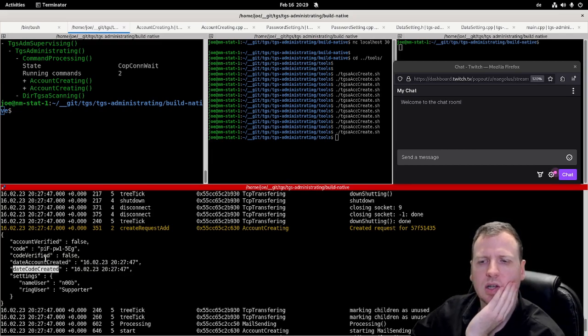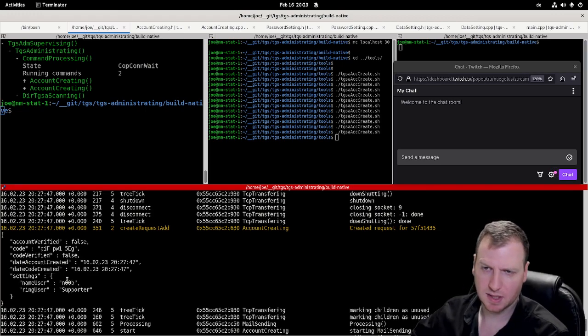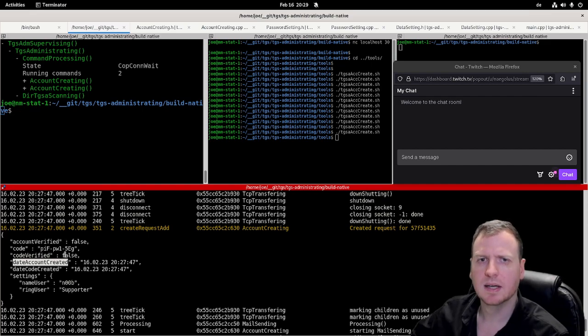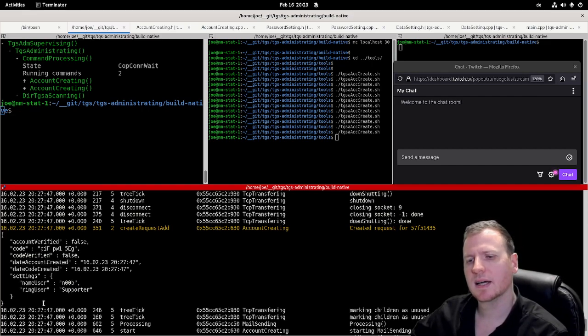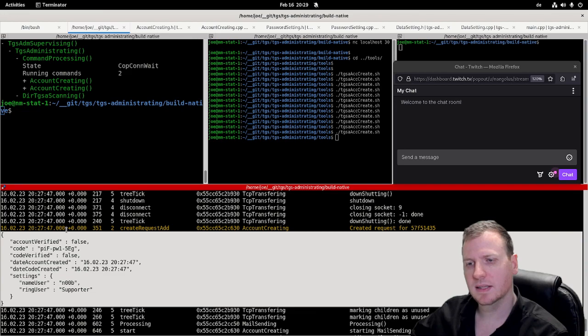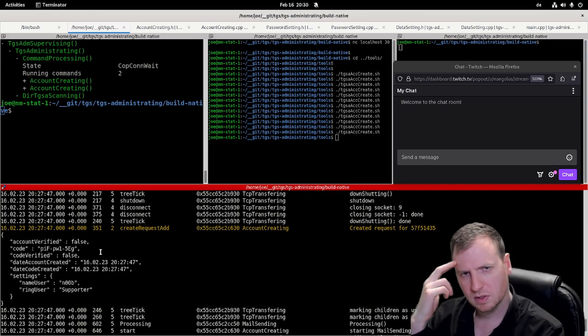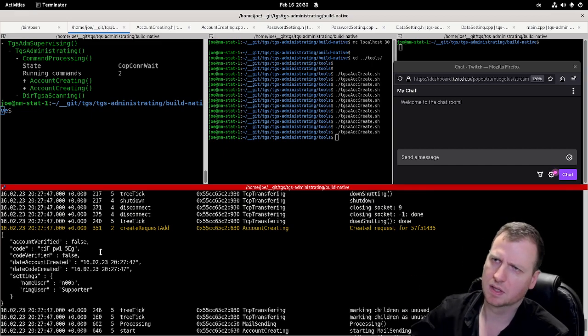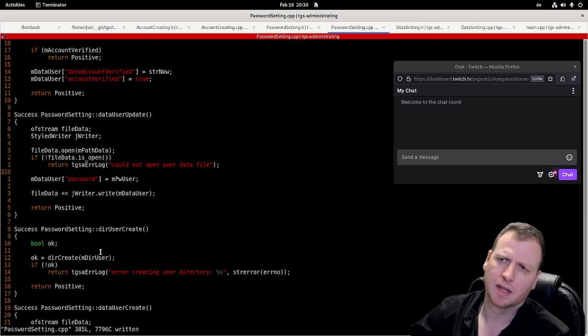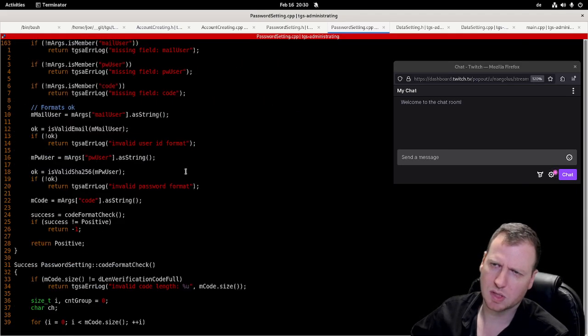At which time point this request has been created, date count account created, and this entry gets deleted by a timeout or a verification process, a password setting process, and this password setting process